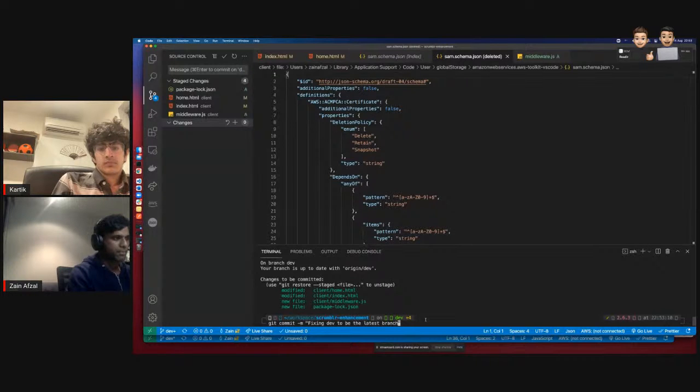All right. Yeah, grammatically it doesn't make sense, but who cares about that? It's fine. Let's just commit it. Fixing dev, the branch to be the latest branch.